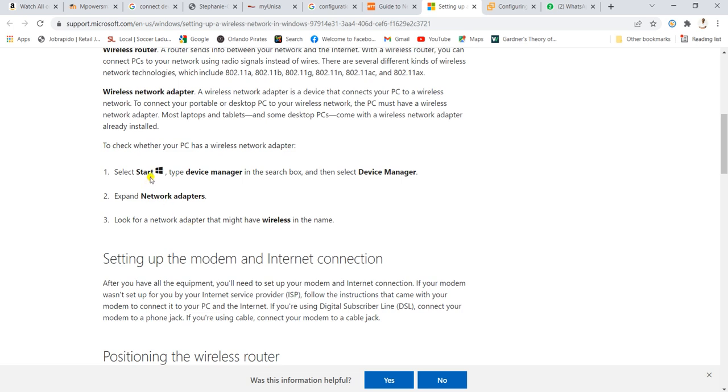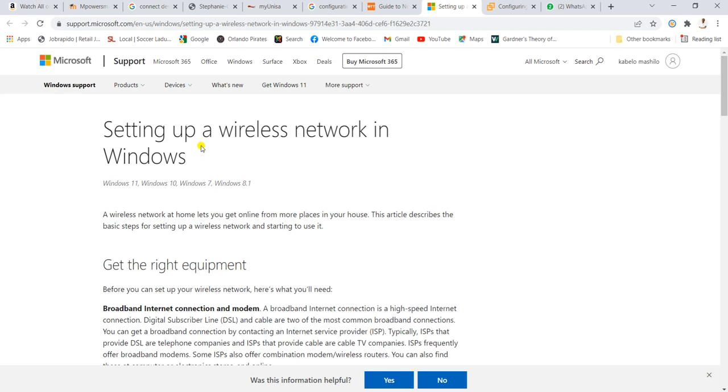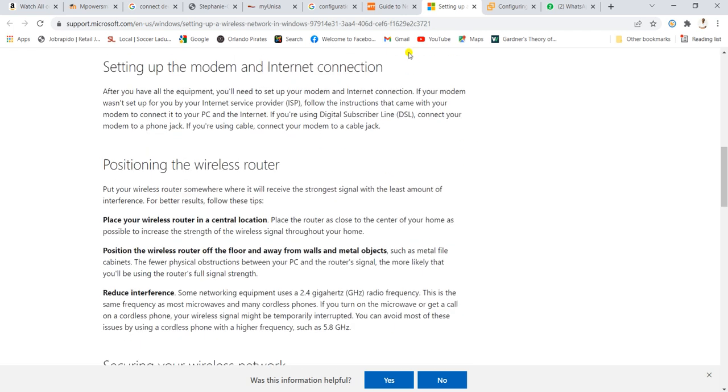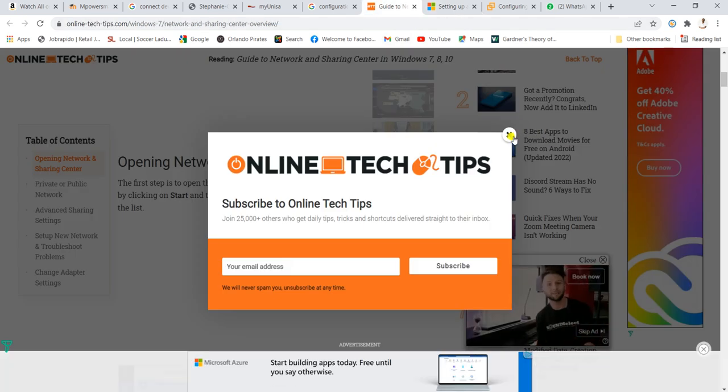You select Start, go to Device Manager, and then in Device Manager expand the network adapters and look for a LAN adapter that might have wireless in the name. So this is more of your config. Once you follow these kinds of steps, you are configuring the software, which is your operating system. In this instance, you want to set up a wireless network in Windows. And also